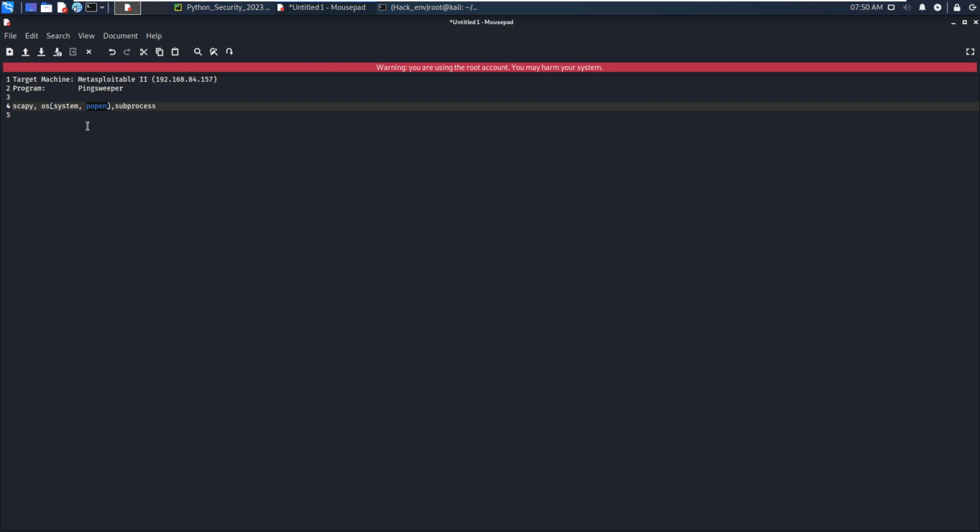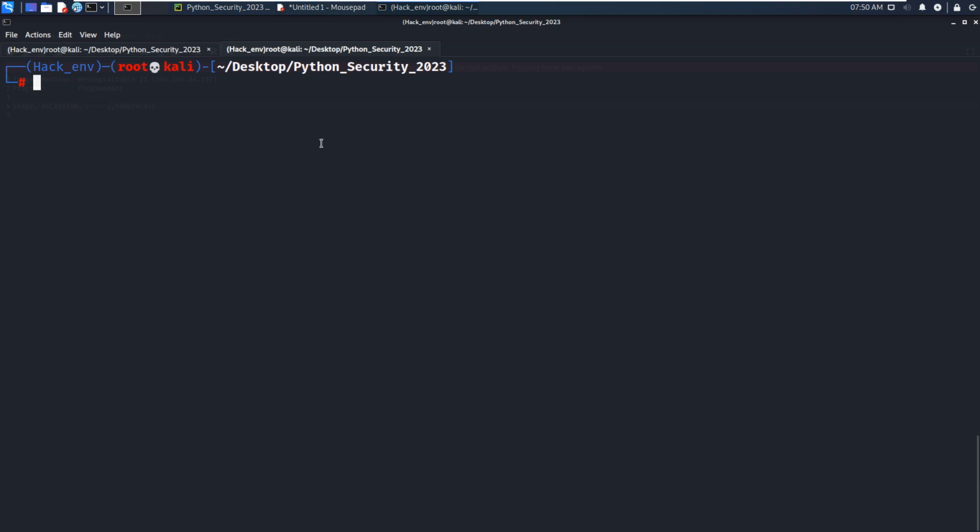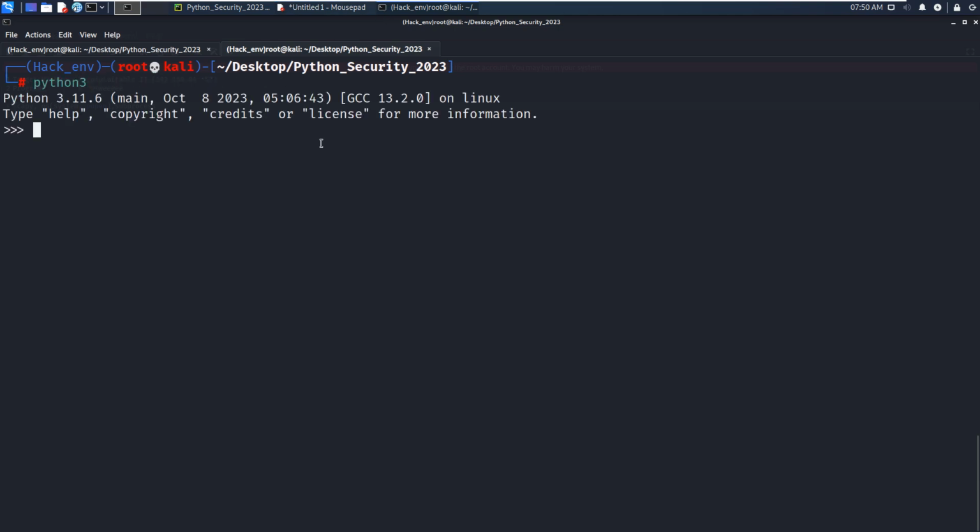Okay? However, before we start our actual coding, we need to know how this method, I mean popen, works. So I think it would be better to test in interactive Python first. Okay, so we can bring up the terminal. We can launch our interactive Python environment. We can import the OS module, and the command we can use is ping.